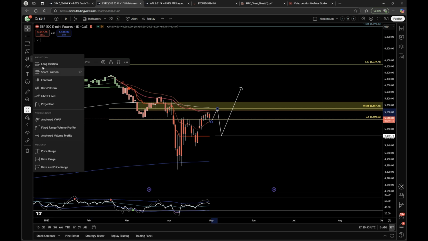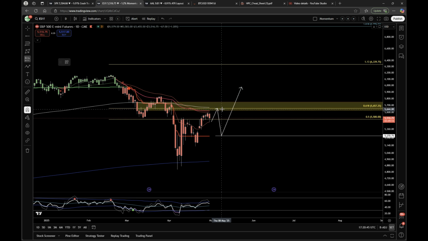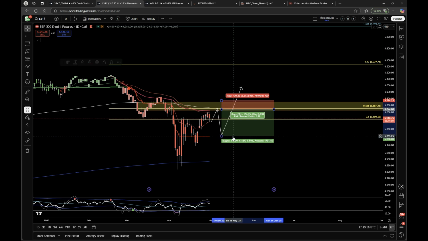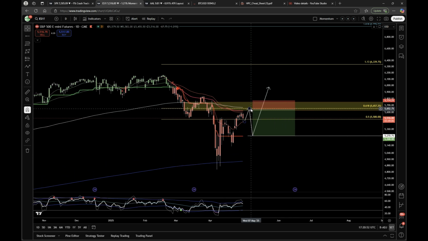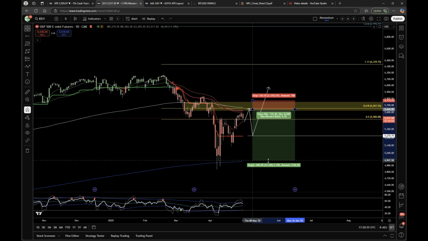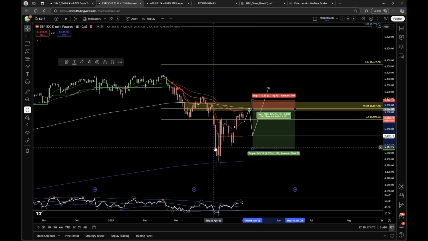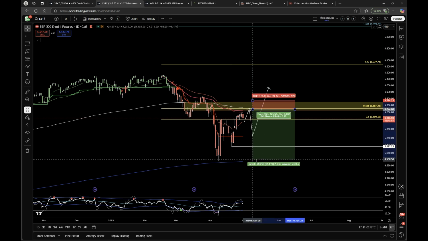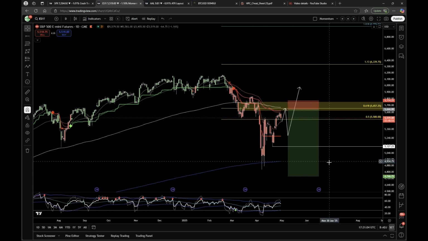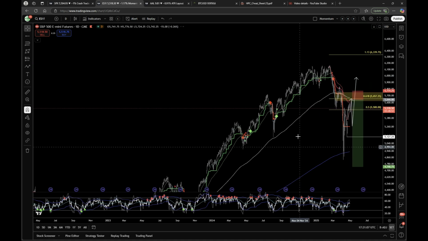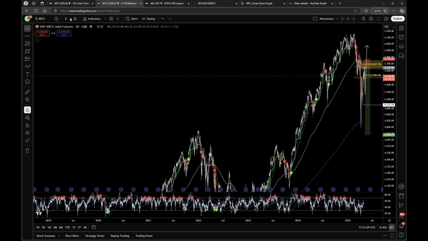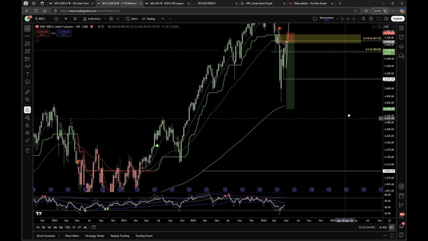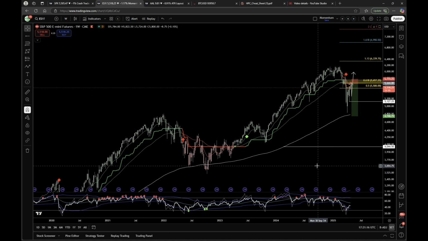This is where I'd be looking to, you can run off that high, you can run down into there. It's not terrible. And then you can leave it open too if we continue to break. Because if you break down into this, right? If you break down into here, we're probably going to new lows at that point. What lows are we looking at? Well, let's go back into our weekly,